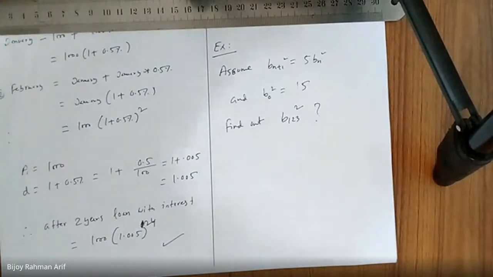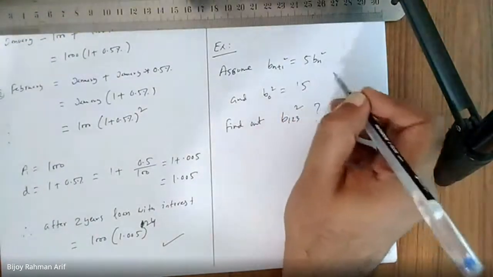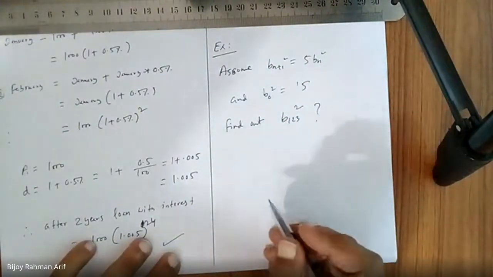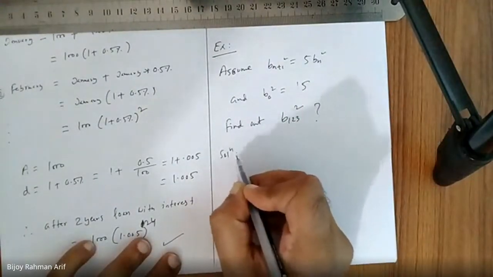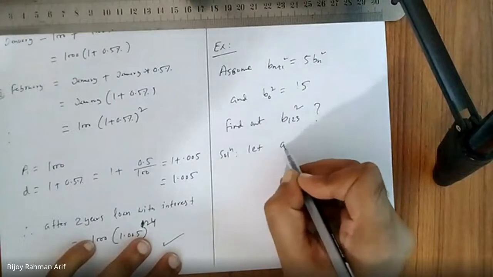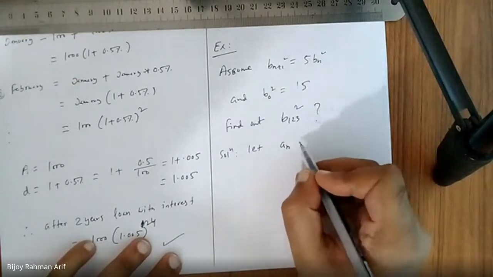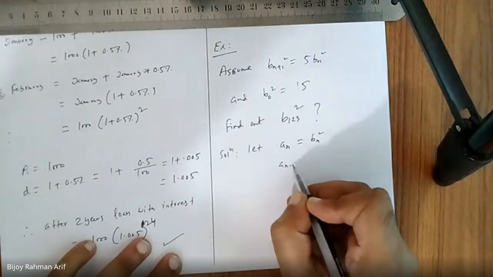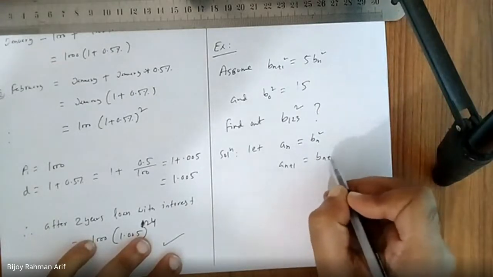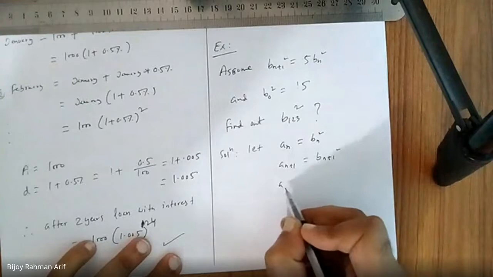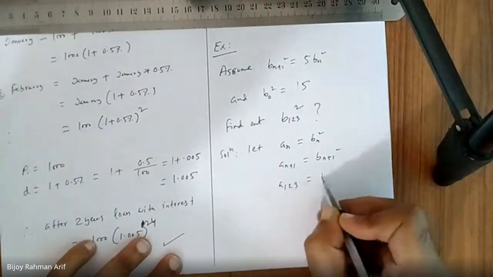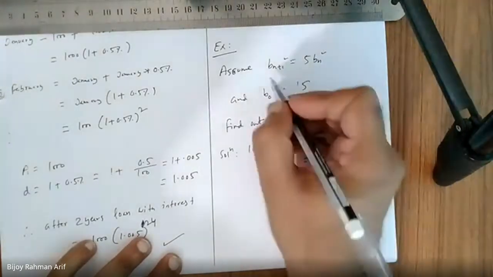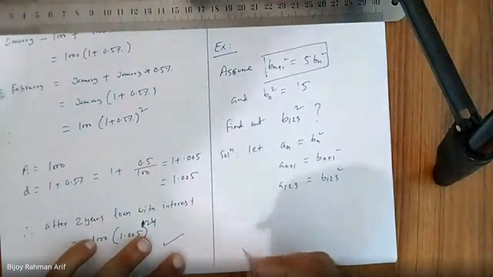এটা লিনিয়ার বোঝা যাচ্ছে না, কারণ আমাদের ওখানে ছিল বিএন এবং বিএন স্কয়ার। বাট আমরা একটা কাজ করতে পারি, কি করতে পারি, লেট এ এন ইজ ইকুয়াল টু বিএন স্কয়ার, তাহলে এ এন প্লাস ওয়ান ইজ নাথিং বাট বিএন প্লাস ওয়ান হোল স্কয়ার, a 1 to 3 is nothing but b 1 to 3 whole square. তাহলে এই পুরো সলিউশনটা কি দ্বারা to become